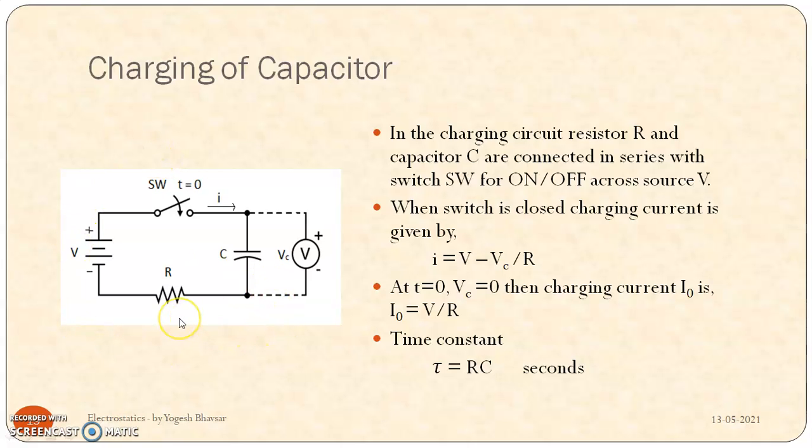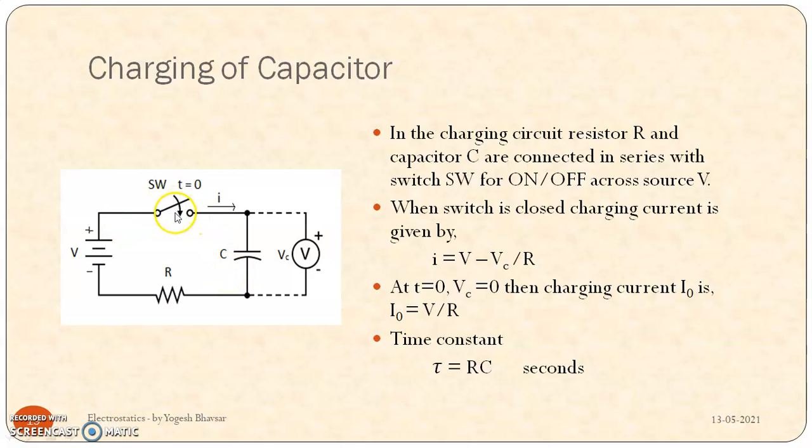So here we can see a simple diagram where the capacitor is connected across the voltage source with a series resistance, right? All the elements are connected in series with one switch. This resistor is to limit the current flowing through the capacitor. That means if the value of this resistor is more, then more time is required to charge this capacitor. If the value of this resistance is less, then less time is required. So this value of resistance will decide the timing at which the capacitor is charged, right?